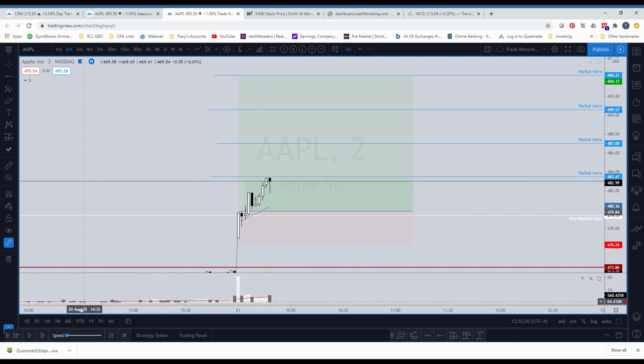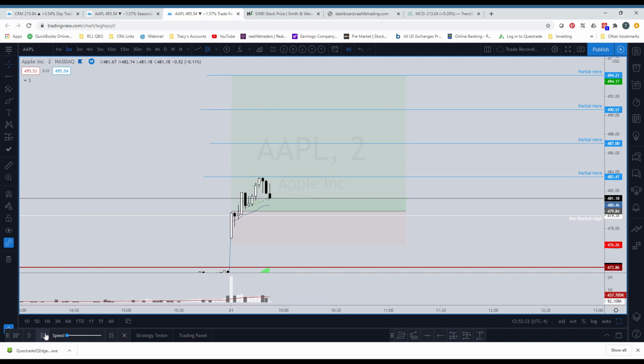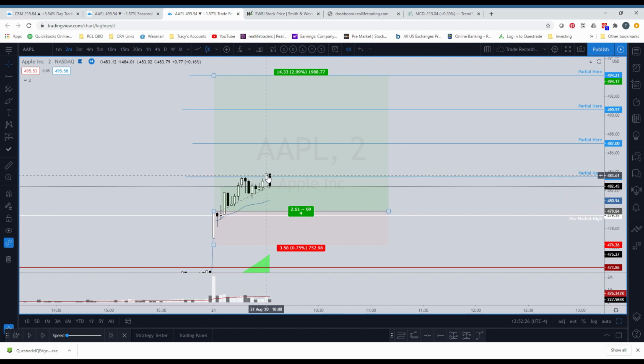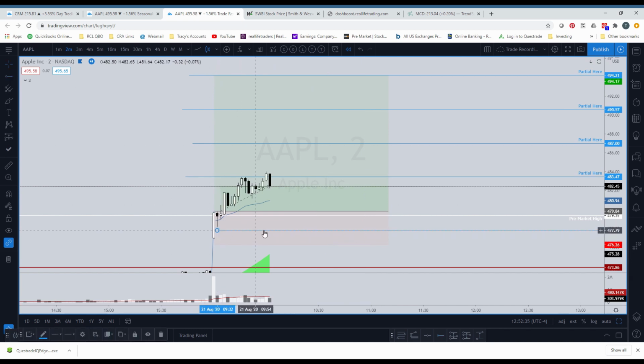Now, as soon as I get across that partial right there, I took my first partial, and once I took my first partial, I moved my stop basically to below this candle right here. And then I let it play out. So from there,